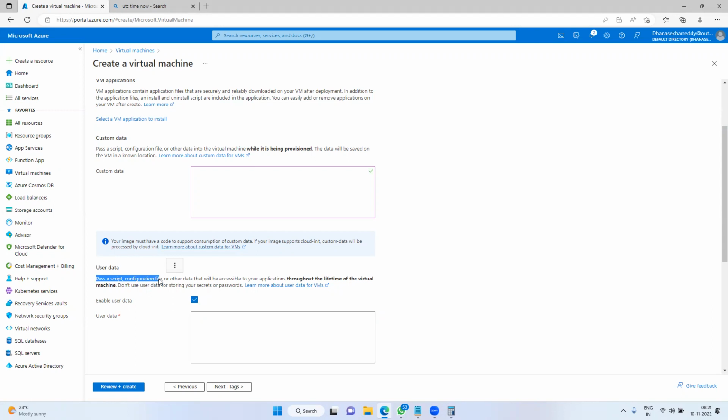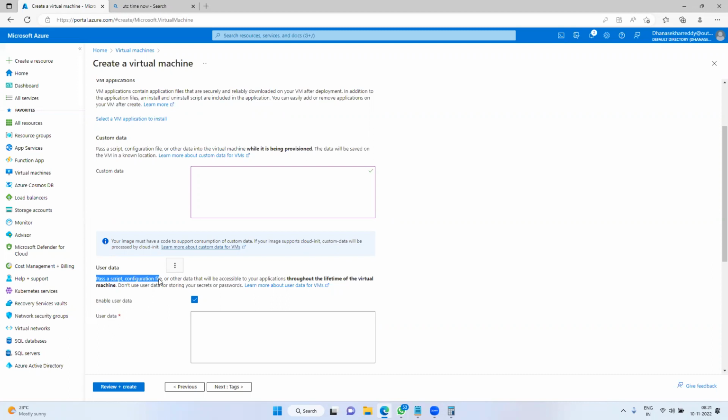I am creating the virtual machine manually using the GUI. When you jump into DevOps, I will create the virtual machine with Terraform, or with PowerShell. So now I am creating the VM with the GUI. Inside of the VM, if someone would like to install something, then pass the script here.